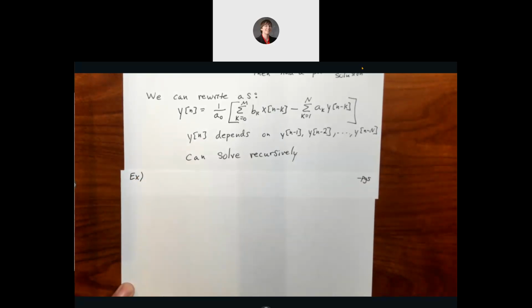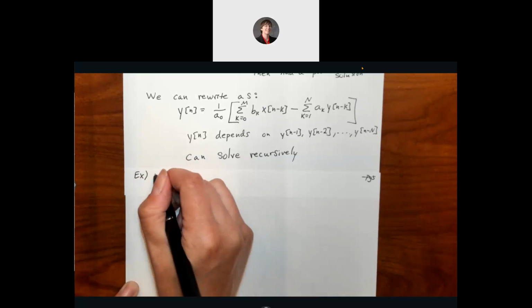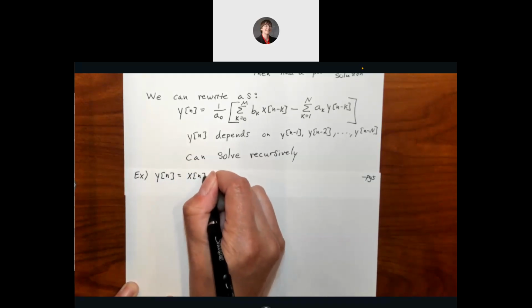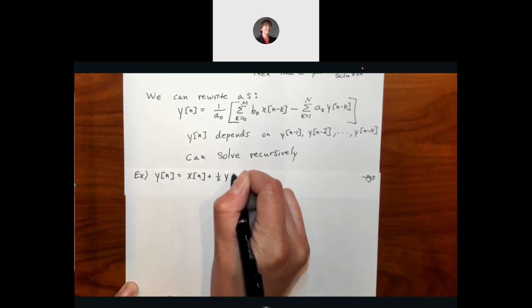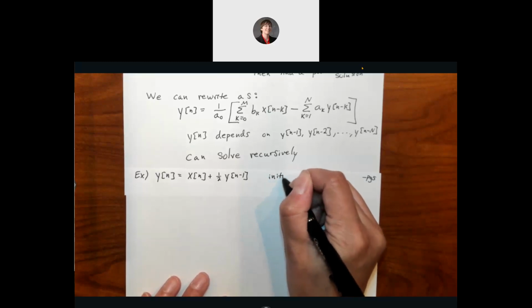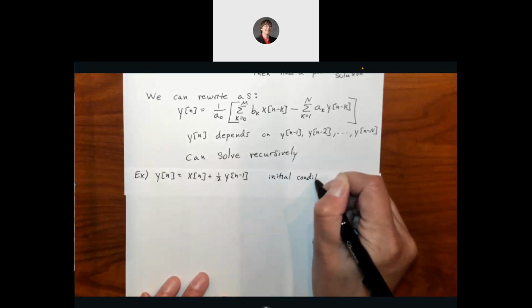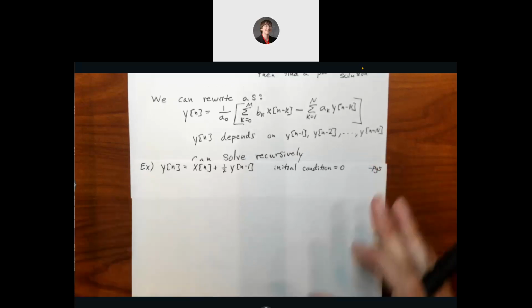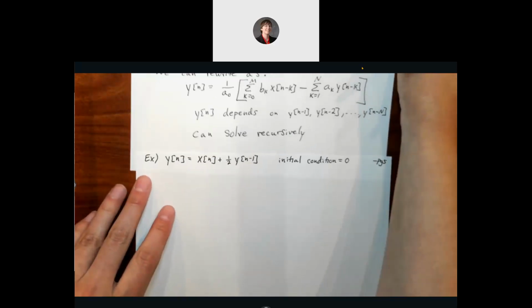So let's say that for our system, we can describe it by this difference equation, y of n is x of n plus 1/2 y of n minus 1. And our initial condition is 0. And so now let's say I want to know what is the output of this system